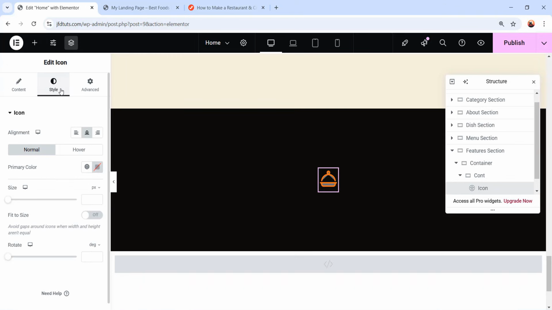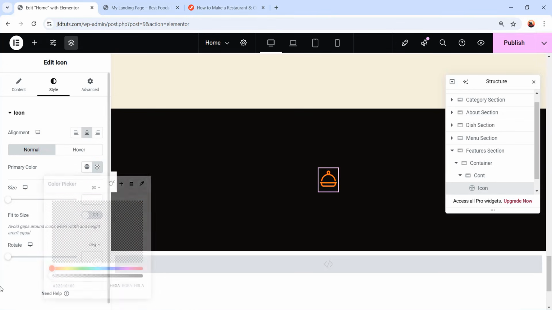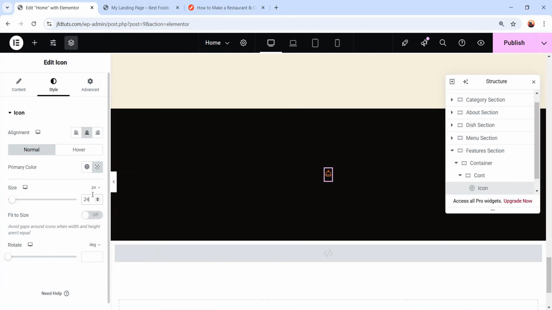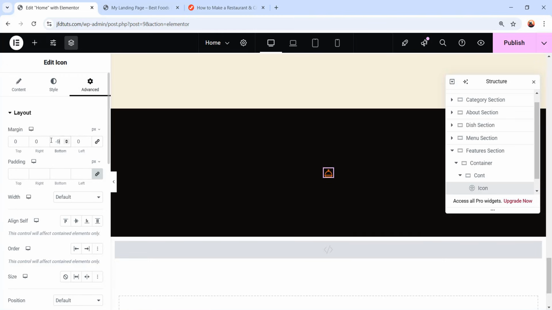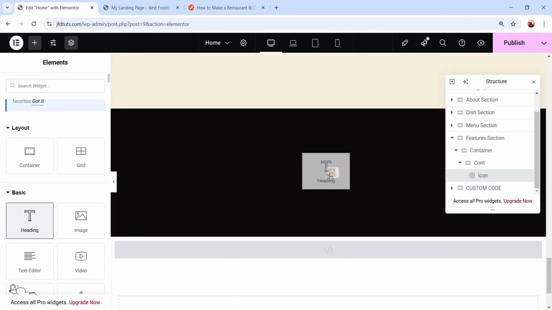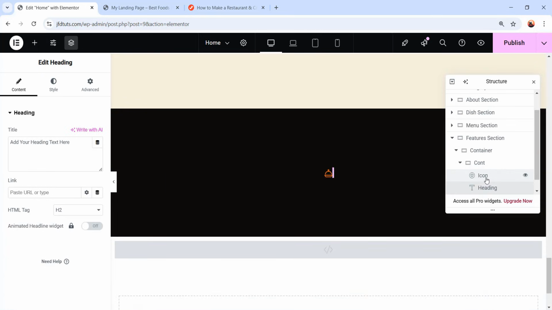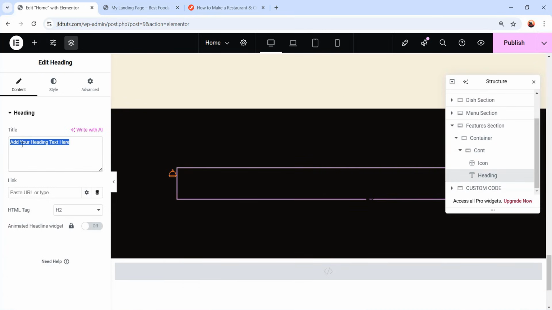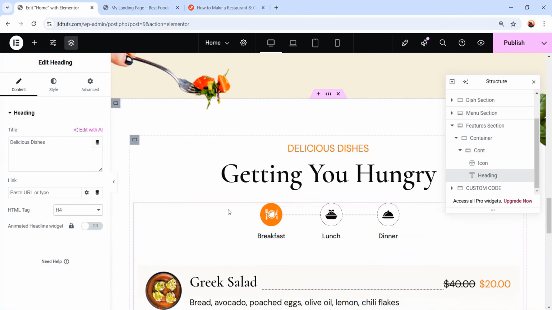And then let's go to the style tab and make the alignment center, then make the primary color fully transparent, then make the size 24 and go to advanced tab. Then just make the margin -9 on the bottom. Alright, after this icon let's add a heading widget. Make sure you put it right after this icon. Right now let's change the text and make the HTML tag to h4,